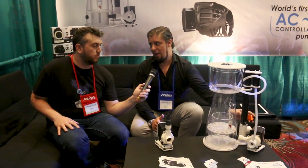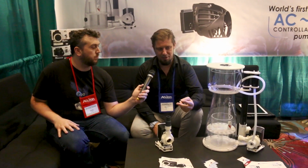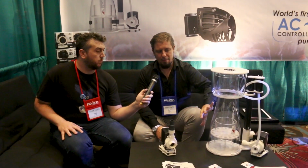Of course, it's a good skimmer. It's an excellent skimmer, even though it's connected directly to the wall output. We decided to keep the pump outside the body for two reasons. The first reason is that if we put the pump inside the body here, we would have lost half of the reaction chamber. With the external pump, even though we have a little bit larger footprint, the real advantage is that we have the full body as a reaction chamber, and that makes a lot of difference. And the second reason why the skimmer has an external pump is that we can do